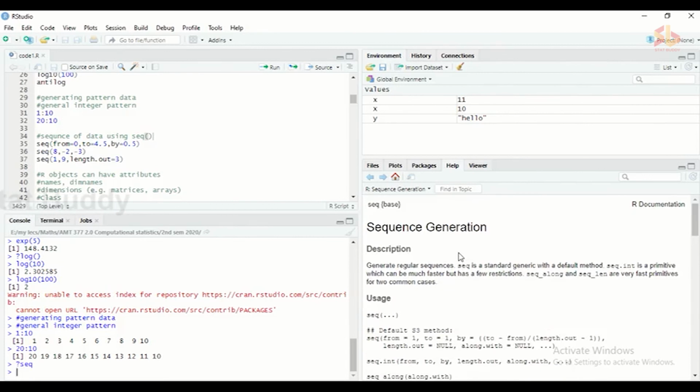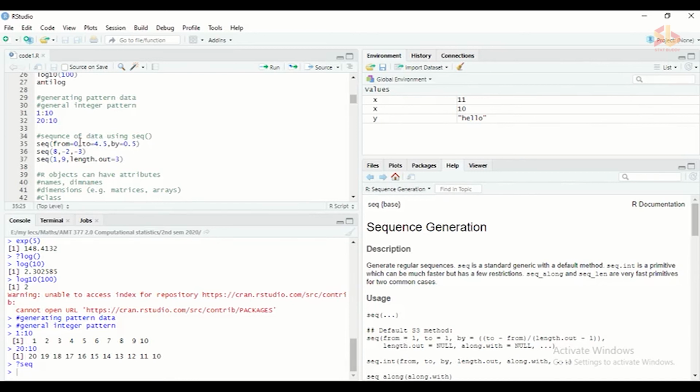So you can have the exact sequence that you want by changing the numbers of the argument. I want a sequence starting from 0. Here we had only integers, but if you want real numbers in my sequence, start from 0 and end at 4.5, and increase the sequence at each step by 0.5.